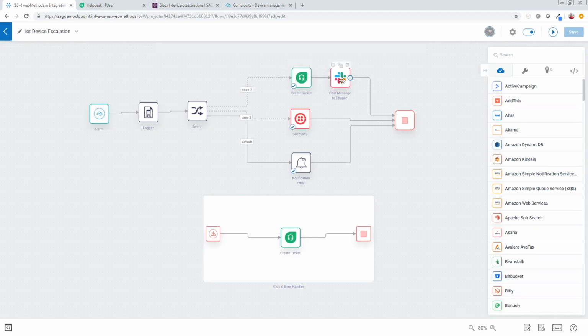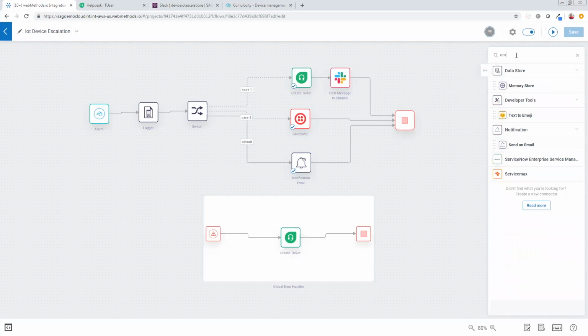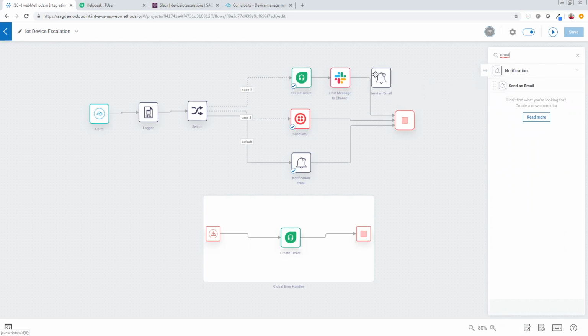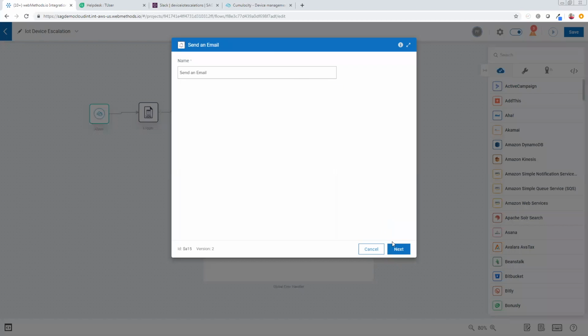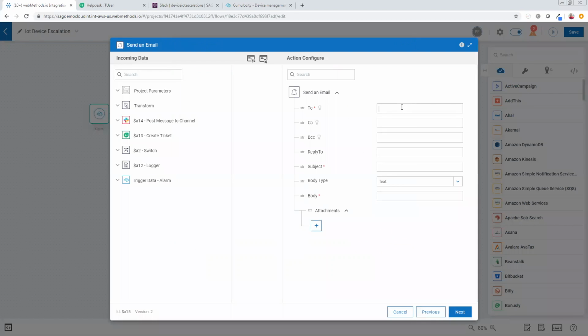And maybe after I post a message to my Slack channel, I might want to notify my team or myself via email. We have a number of tools for that as well. So under notifications, we have this ability to send an email. So I'll click and drag this onto the palette and finish my wiring here. Now, when I double click this and configure my email, I can send an email, and the required fields are my address,